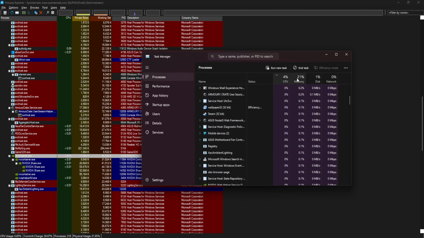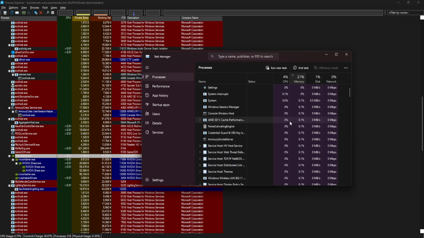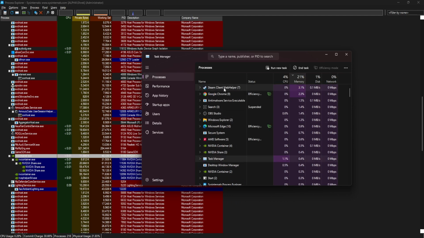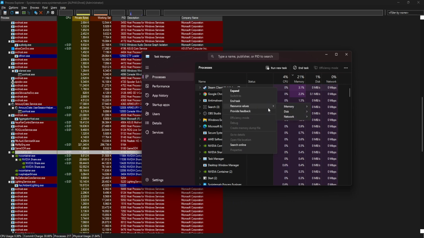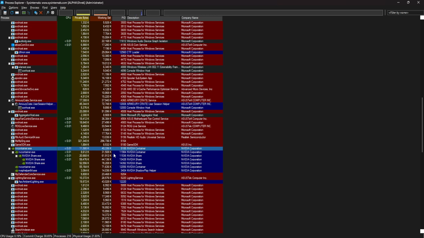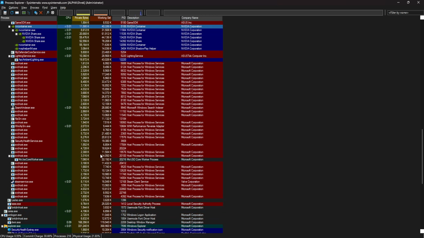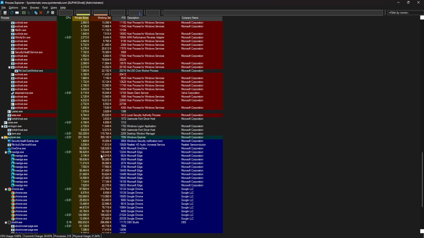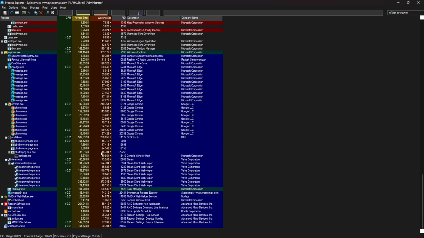Let's find something that is using some resources. Let's say Steam. So we can go and see only resources. We can end task, but we cannot do much more on this baby task manager. So this is a tool that will help you identify